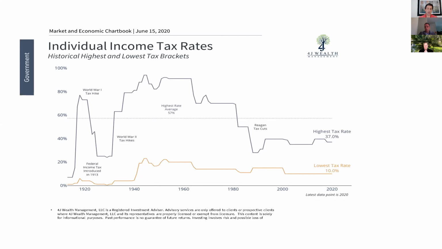And the reality is, the way we see it, with the amount of debt we now have on the balance sheet, with the growing income inequality, it's very likely, in our opinion, that the highest marginal tax rate of 37% is very likely to go higher over the next 4, 8, 12 plus years. It almost seems inevitable based on the amount of debt we now have on our balance sheet.